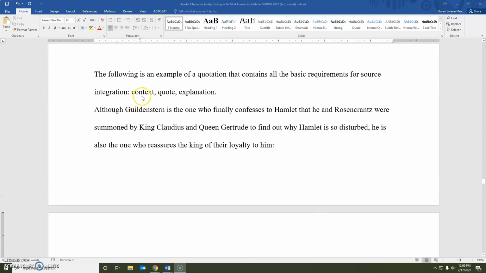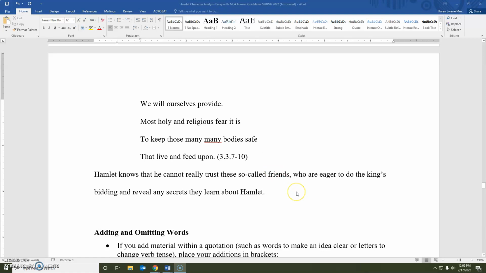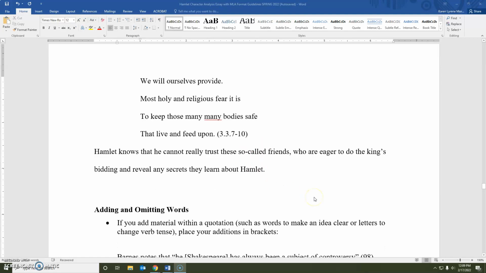The last part that you must always include when you're quoting something is an explanation. After you have quoted something, always explain or react to the thing you are quoting. Don't assume it's obvious, your connection between what you've quoted and the point you're trying to make. It's obvious to you, but just know that your reader doesn't find it obvious the same way you do. So you need to say what's in your head that makes it an obvious connection between what you've quoted, especially from the primary source, connecting that to any secondary sources you have used to either agree with or disagree with your secondary sources.